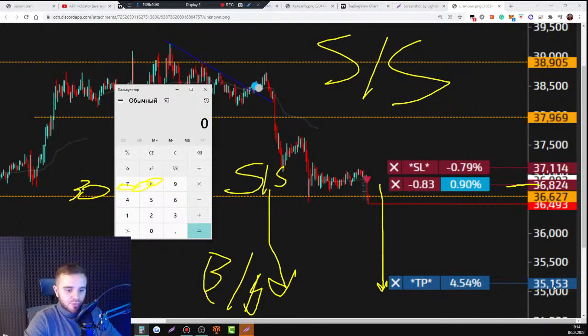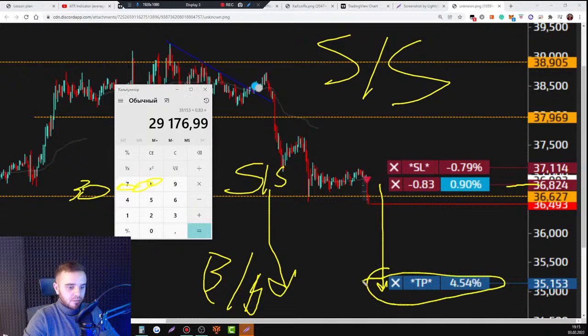Imagine price drops to this area, 35,000, and let's calculate 35,153. We multiply it by our position size 0.83. It would be 29,176. It is the amount of money that I need to buy back the amount of Bitcoins that I borrowed from Binance